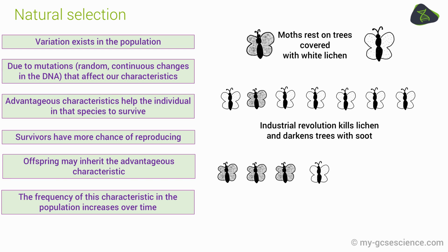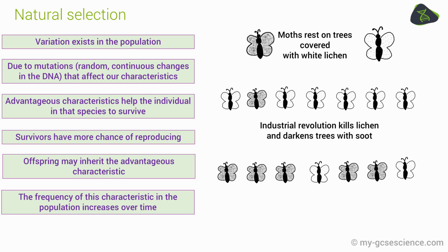A few pale versions will escape the clutches of the predators, but lo and behold, in the next generation, there's a larger frequency of the melanic darker version than the light one, and this will continue. Jump forward to today, we have both variations of the peppered moth still in existence, but you're unlikely to find the dark melanic version of the moth in the countryside. You're more likely to see that one when you go into polluted areas like cities. In the countryside, the pale version will be the one that you're likely to see. Over many generations, if natural selection keeps